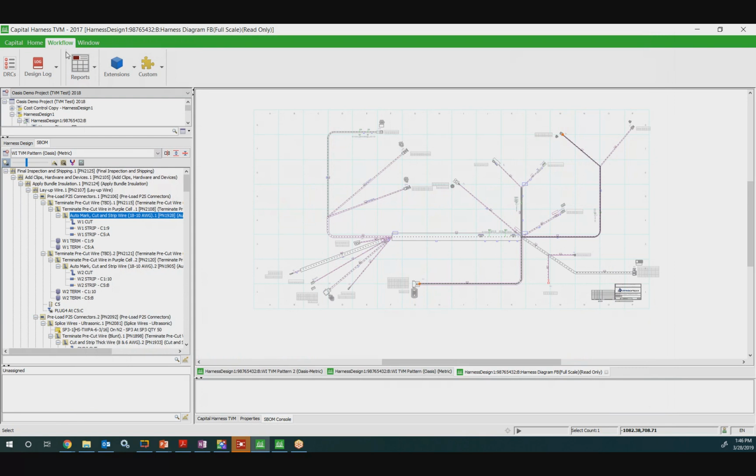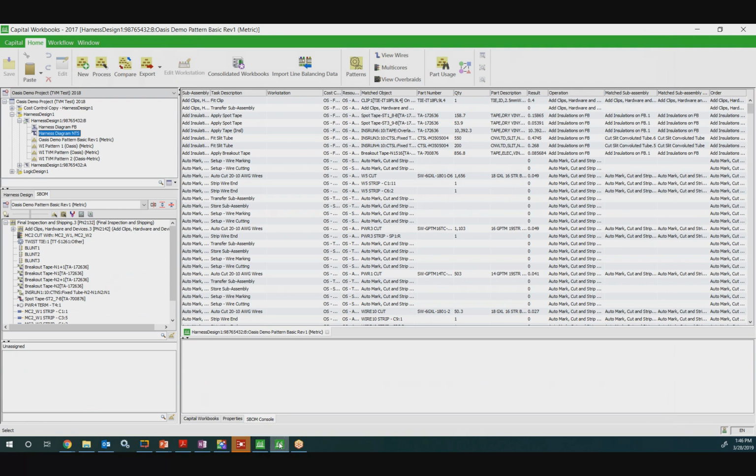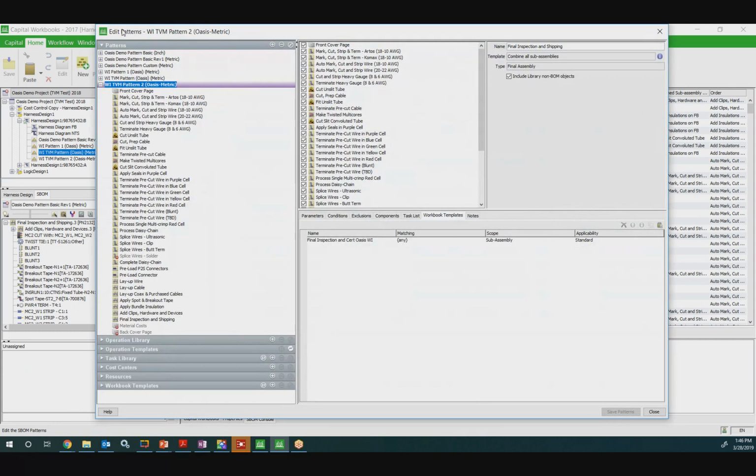So with that said, we're going to move on to our workbook application. And as you can see, the interface is the same. We still have the same harness design, and we're still running it through several patterns. The only difference, at least in the editing pattern interface, is the addition of this workbook template